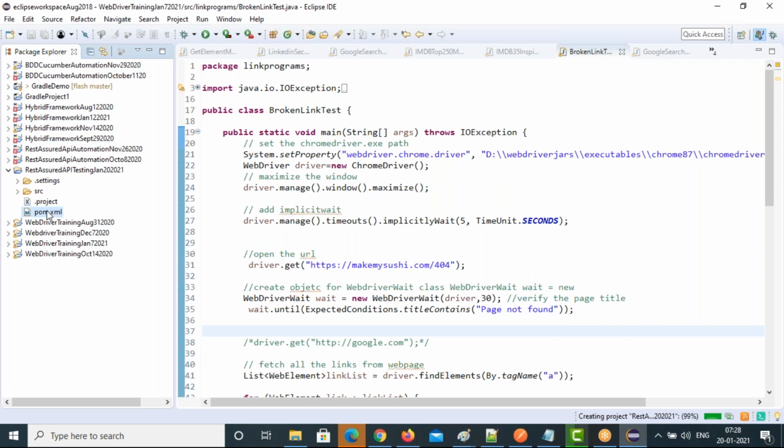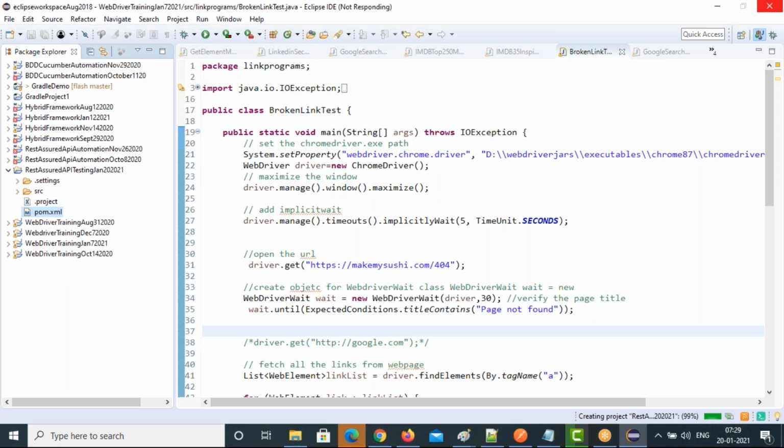I hope by this time the project is ready. Click on pom.xml. Below the project section, you need to add the dependencies section. Under it, add each dependency independently. When you add dependencies, they download automatically, which is an advantage for us. You get everything from the Maven repository.